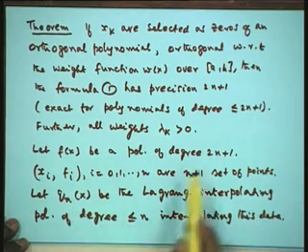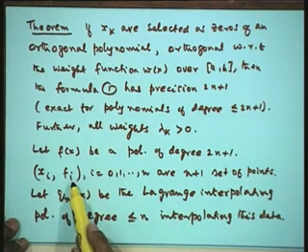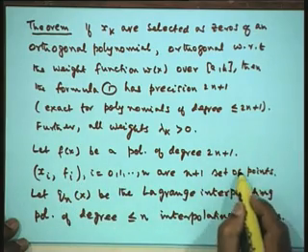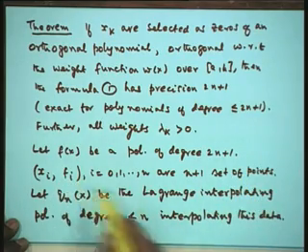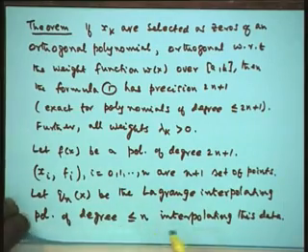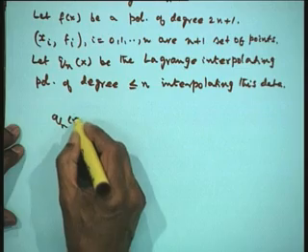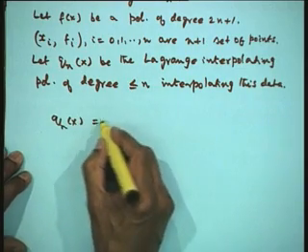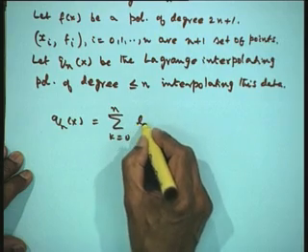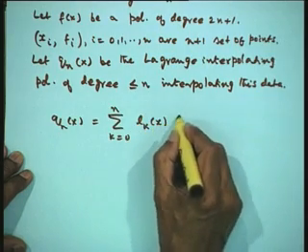We have taken these abscissas and corresponding ordinates, called them n plus 1 set of points, and using them we construct the Lagrange interpolating polynomial q_n(x) of degree less than or equal to n. So, q_n(x) will be of the form summation k equal to 0 to n of L_k(x) f(x_k),